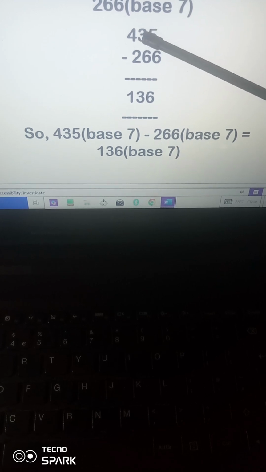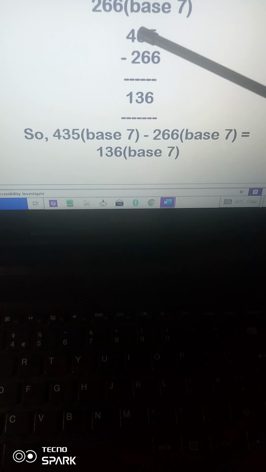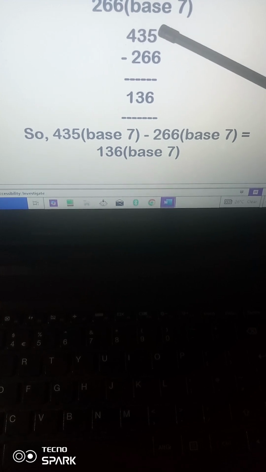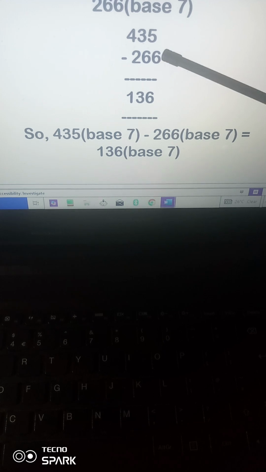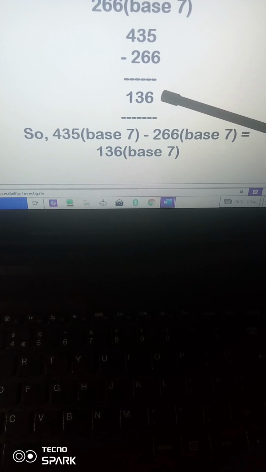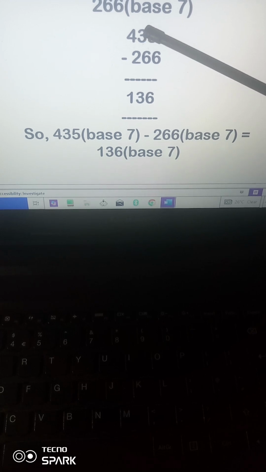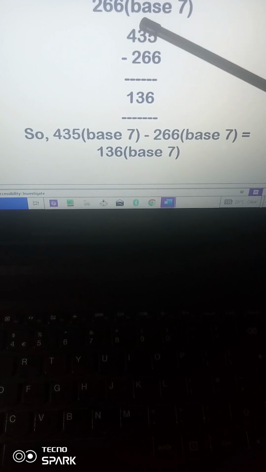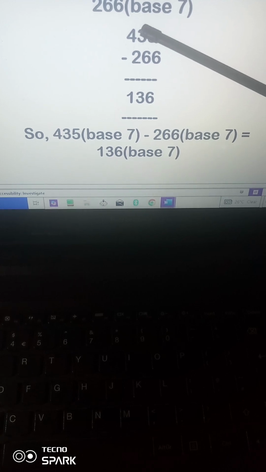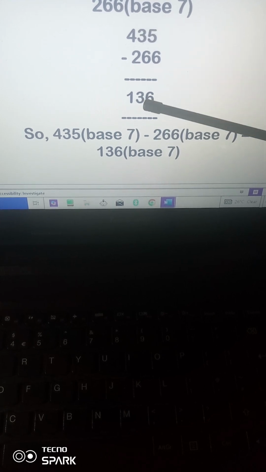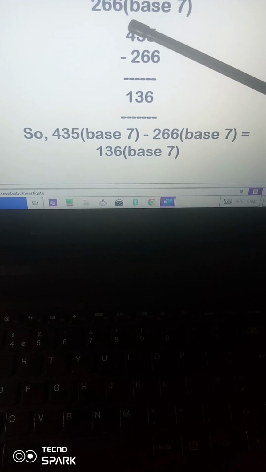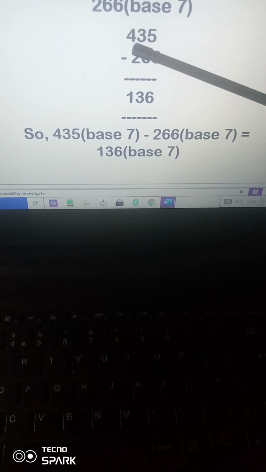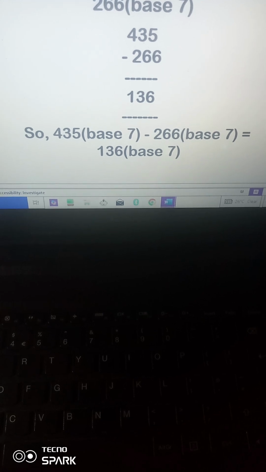That one we borrow from 3 is 7. And that 7 plus 5 is 12. 12 minus 6 is what? 6. Now here is left with 2. Then we now go and borrow 1 from 4. That one we borrow is what? 7. 7 plus 2 is 9. 9 minus 6 is what? 3. Now here is left with 3. 3 minus 2 is 1. And the answer is